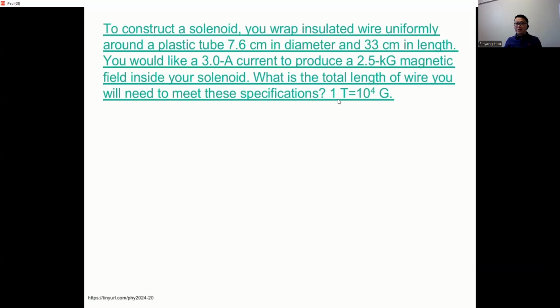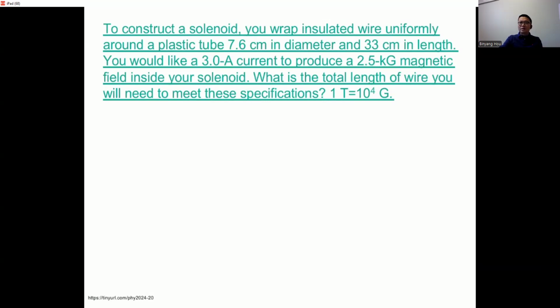Gauss and Tesla are both used as units of magnetic field, but one Tesla is bigger. One Tesla is about 10,000 Gauss, okay? So that's the conversion factor there. It's asking you what's the total length of wire you need to meet these specifications, okay? So this is a solenoid,